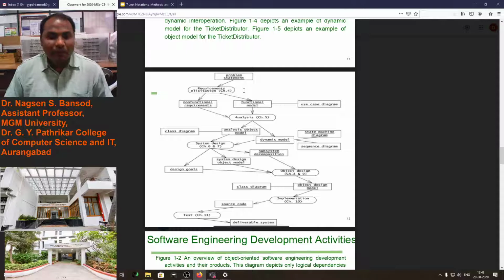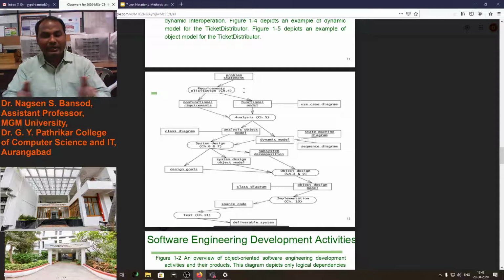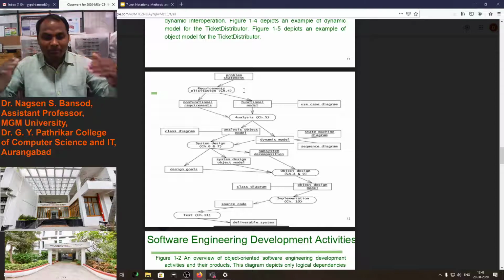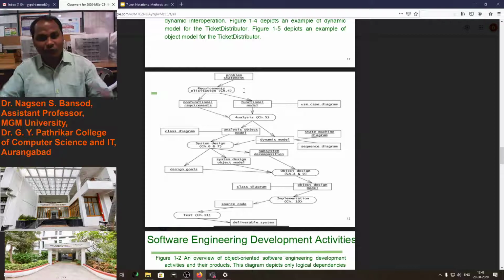Now our project will start from the problem statement. Our software development will start from the problem statement. Where is the problem? There we will develop software to solve that problem. We have to define what the actual problem is. Then according to that we have to acquire the information, that is requirement elicitation. Second point will be the requirement elicitation.